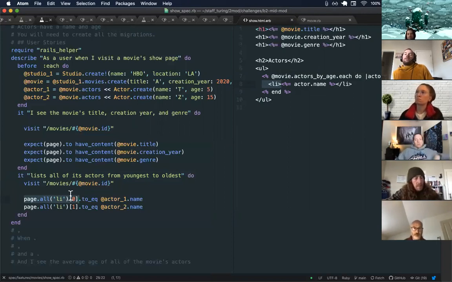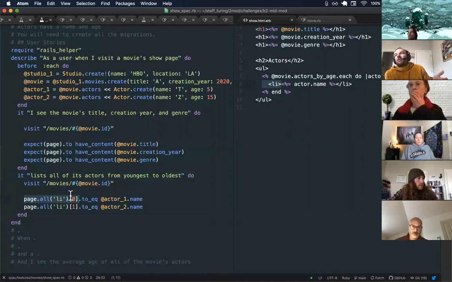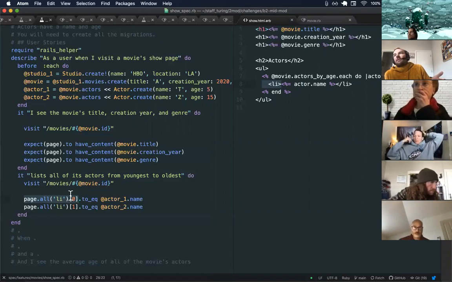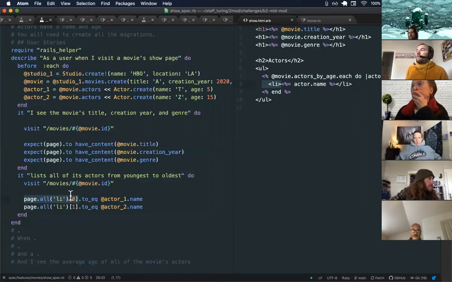I want to scope it to the movie's actors first on the movie object or on the movie model, then go to ordering. But I can see how it can work on the actor way, if you put it on the actor model, because you just made it a class method on the actor model, Christopher. Yes. So if you make it a class method, then it works. It doesn't feel as good to me, but